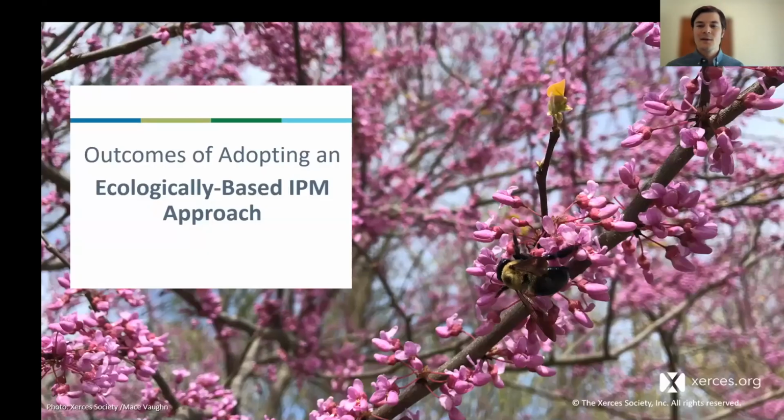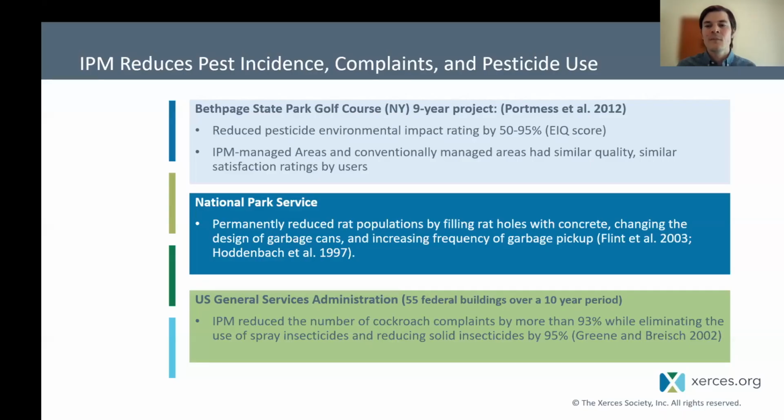So now that we talked through some of the background and examples, I just wanted to touch on briefly some of the outcomes of adopting ecologically based IPM approaches. So first, as we touched on already with this golf course example, IPM works. There are a lot of studies showing that strong IPM can significantly reduce pest incidents, complaints, and pesticide use over